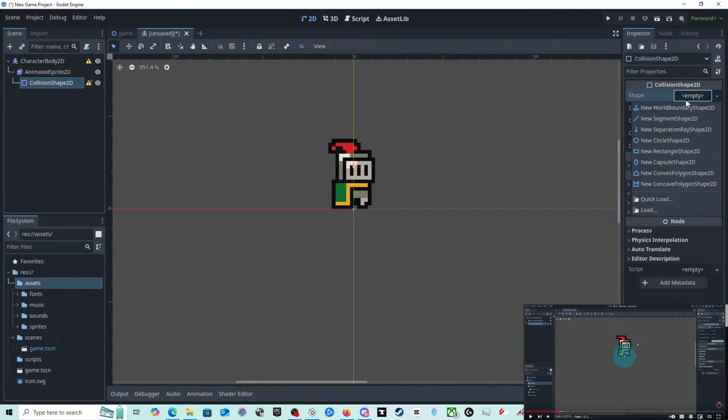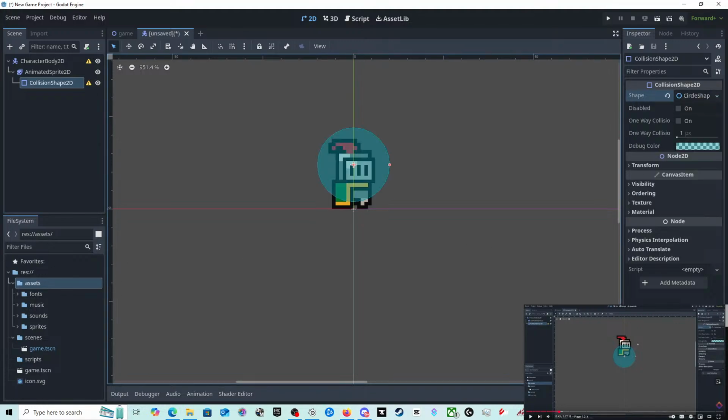I'm going to say circle shape. I'm going to make this a bit smaller and drag it up. Somewhere around there looks fine. Now you're probably thinking, well, this is pretty far from our actual graphics, but that's totally fine. Colliders rarely need to be very precise, and it's a good rule of thumb to make them a bit smaller than the graphics if you need to. Having colliders that are too large is simply going to be frustrating when playing.